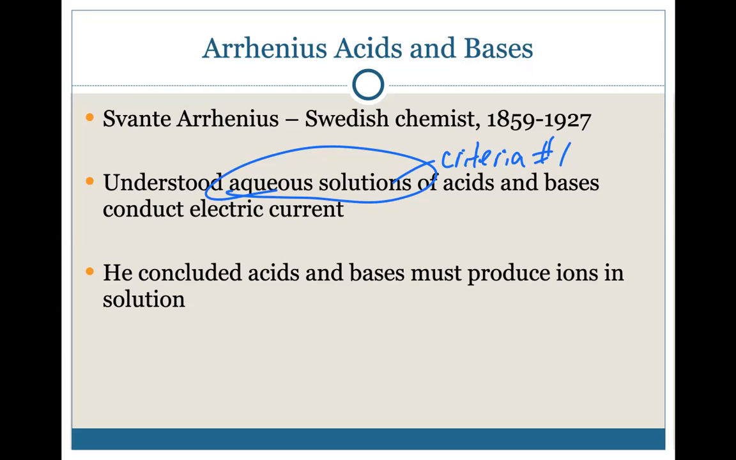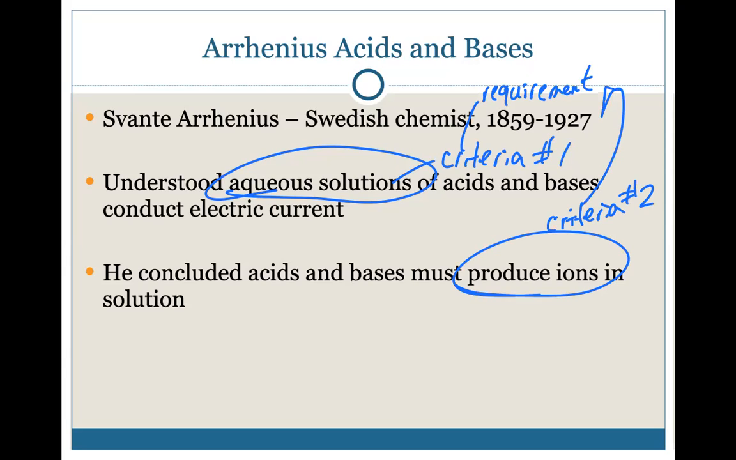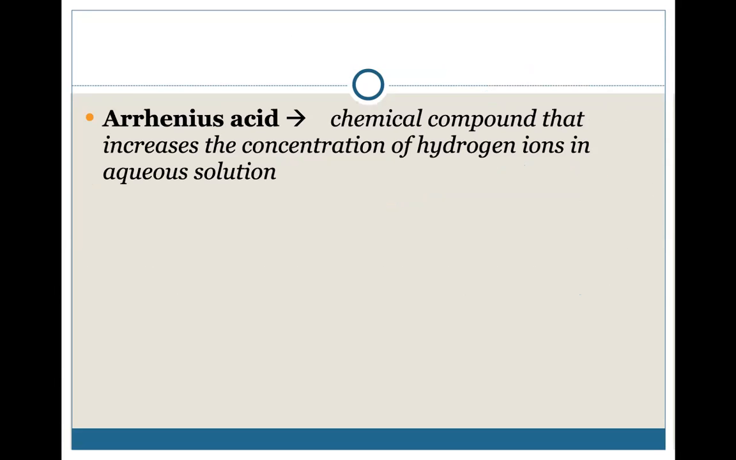Now, criteria number two is produce ions. And in case you're not sure what criteria is, let's say requirement. Same thing. So requirement number one is that they are aqueous solutions. Requirement number two, they produce ions in solution. Now, depending on if it's an acid or a base, they're going to produce different ions, and that will be requirement number three. So an Arrhenius acid is defined as a chemical compound that increases the concentration of hydrogen ions